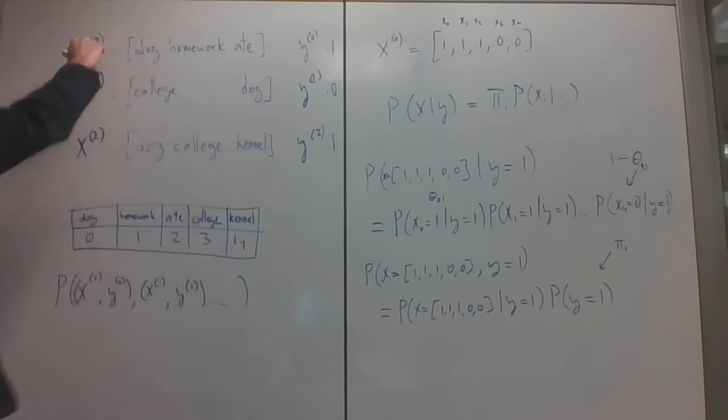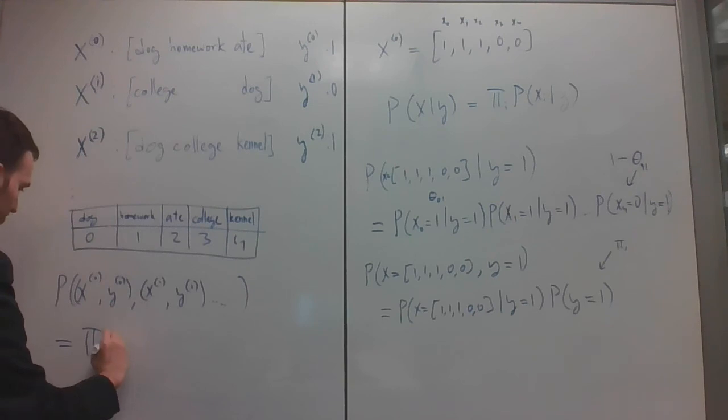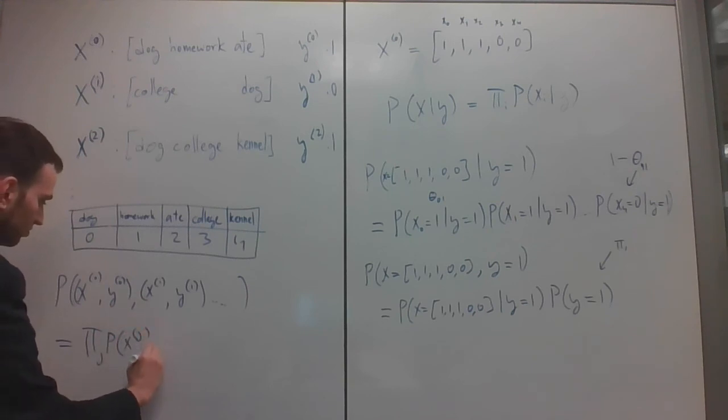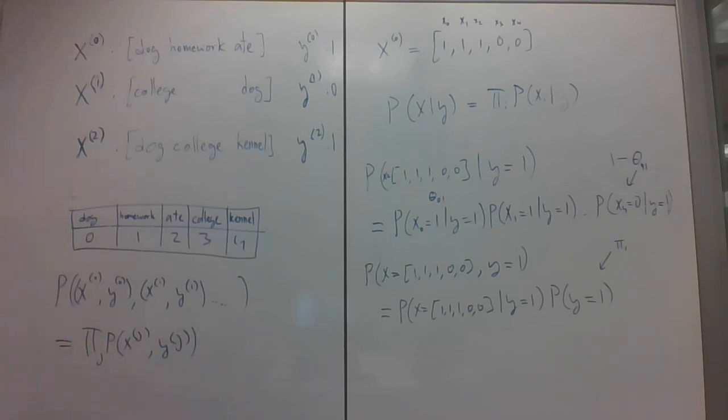We usually assume that the data points are independent, so you would just say that that's the product of the individual probabilities. All right, and that's the naive